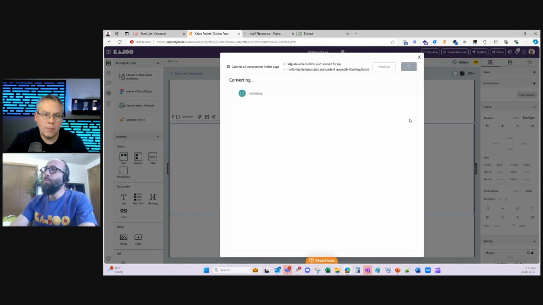So now it's analyzing all the markup, all the accessibility attributes, reference styles, and breakpoints, and then it's converting all of that into the Kajoo universal language. What that does, or what the use of that is, is once any design is converted to the Kajoo universal language, it's opened in the canvas for editing, full control, full editing of layout, styling, binding with data, making it responsive, even a check for accessibility.